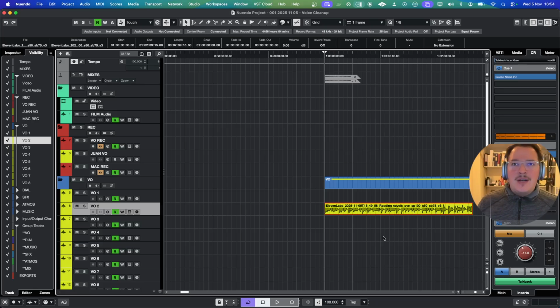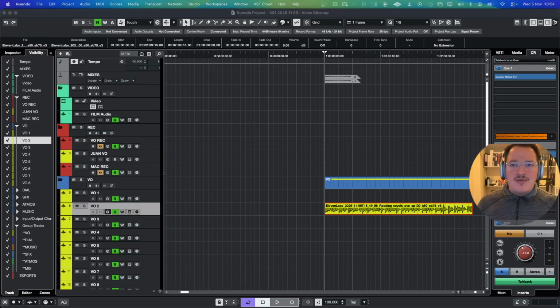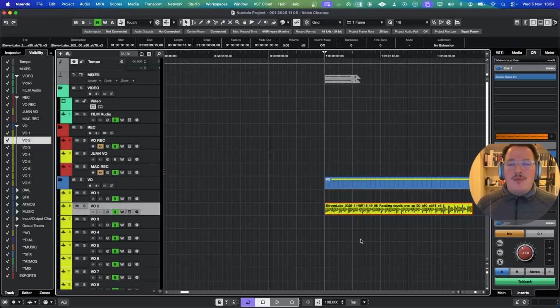The methods that I'm going to use are a plugin that I want to show you, which is called DEX Revive, which will be an insert on this audio clip. And I also want to go through how to analyze a voice in RX11 using just our eyes, just to see what type of wave file we're dealing with.